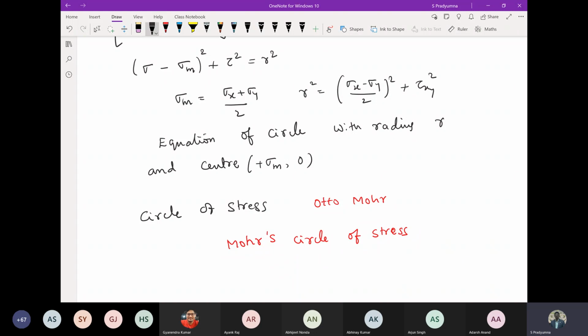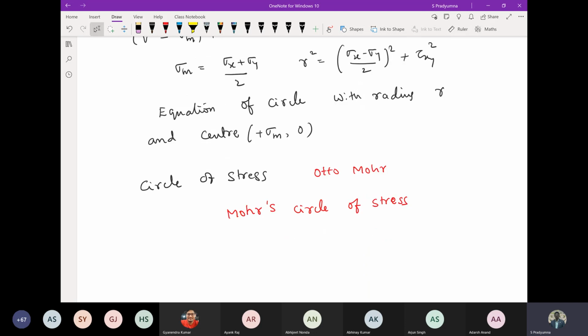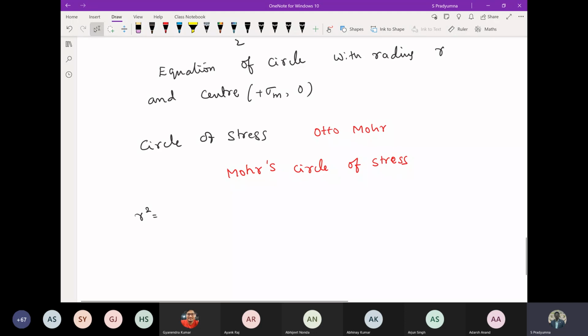That means we can plot the circle by considering these type of details, right? A Mohr circle we can find out. So any information regarding the state of stress at any particular axis or any particular direction can be obtained with the help of this Mohr circle. Right now we have, let's say, R square. So we want to understand whether the radius will change if we change the plane or if we change the direction, for example, right? So does even the center of the circle, the radius of the circle, will it change if I change the orientation? So that is my next question.